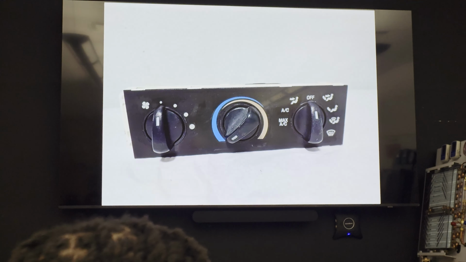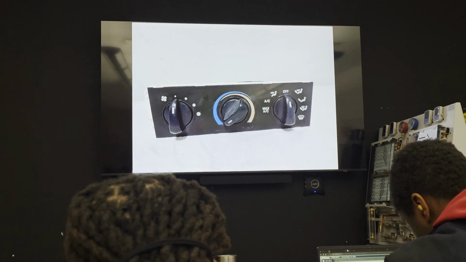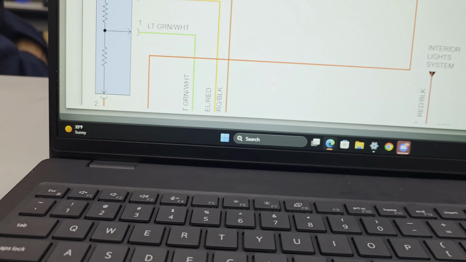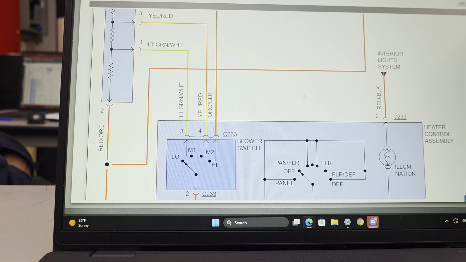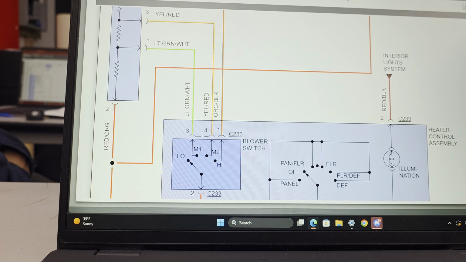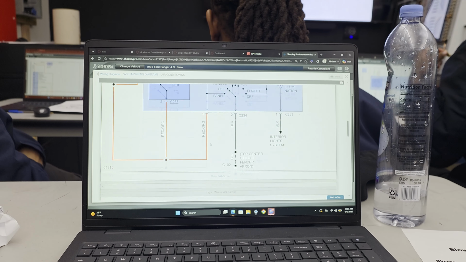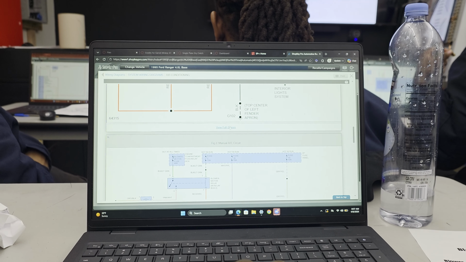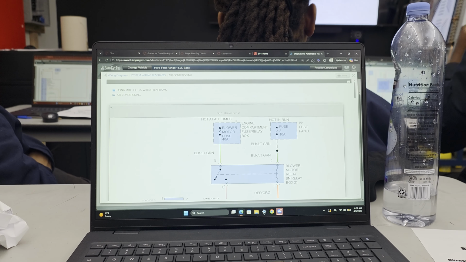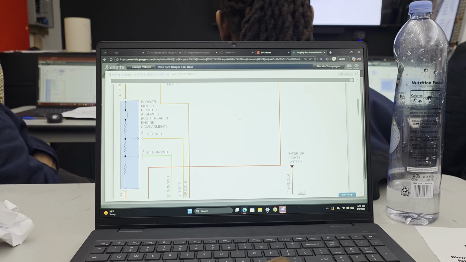On the diagram, find the mode knob, the mode switch. No, that is the blower motor switch right there. That's the resistor. That's the switch for the blower motor. You're on the AC diagram. Come on, I'm going to simplify this for you. Okay, you need to go to the heater. So let's get out of this. Let's get out of this one. Figure 1 is only heater. I only want you to look at the heater. We're not adding air